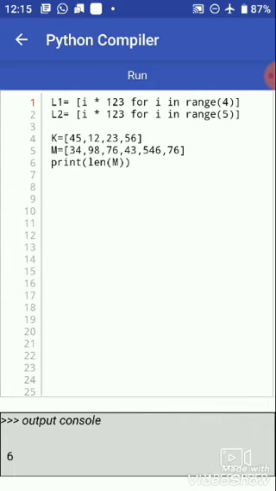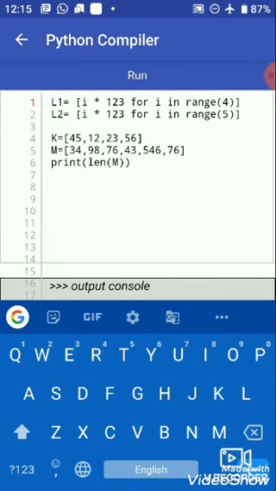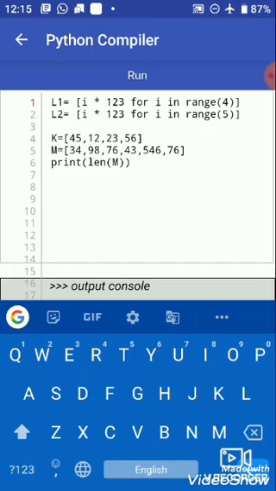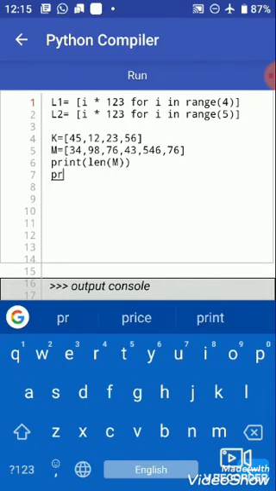Then another function that we learn is max. The max function will return us the maximum value from any list. So let's find out the maximum value using the max function.